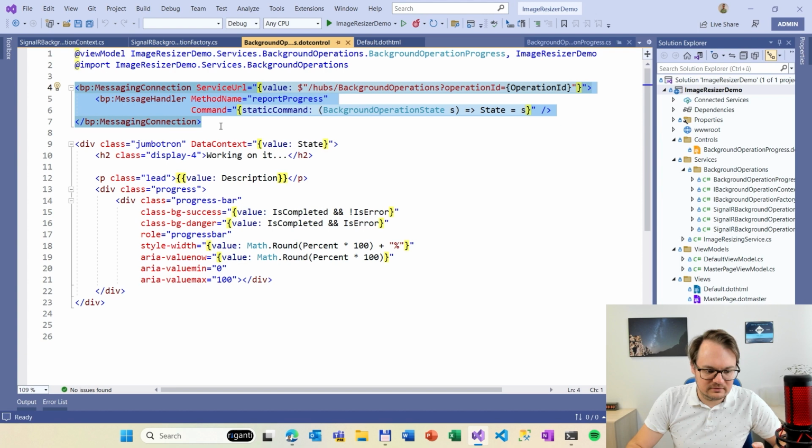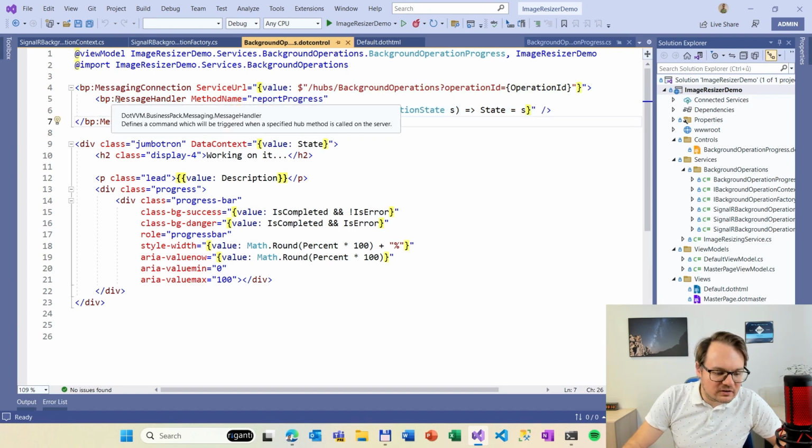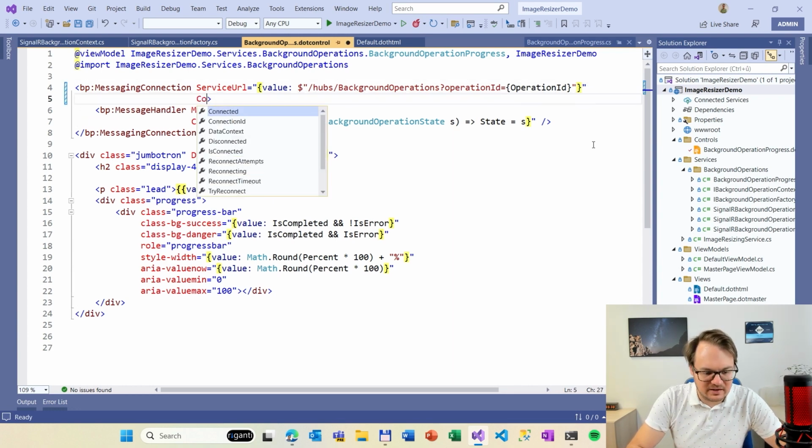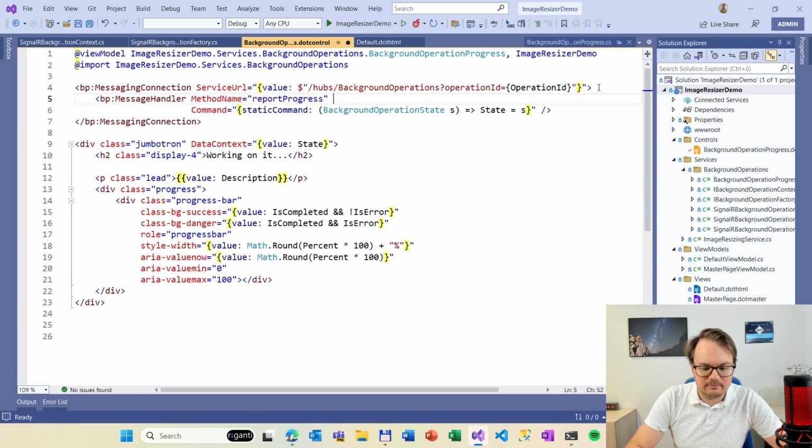It's not very big, so it should be pretty easy to use these components, even if you are not using the rest of the DotVVM Business Pack. Of course, you can register multiple handlers. It has many other features. You can respond to events, like if you are connected or disconnected, you can also catch these events. And also there is an API where, from the static commands, you can invoke methods in the server